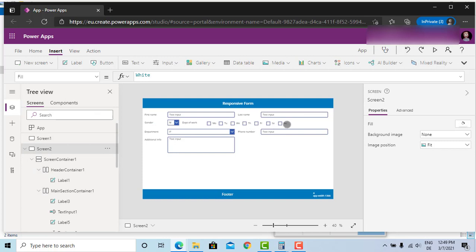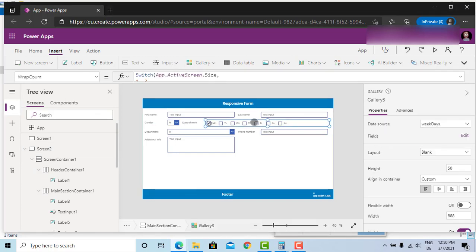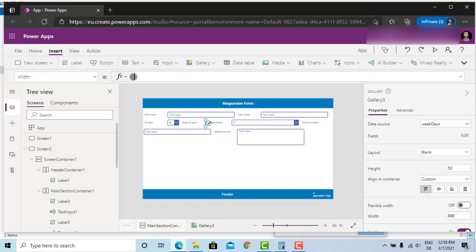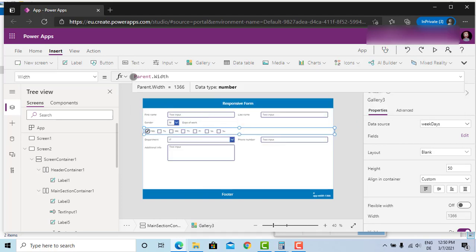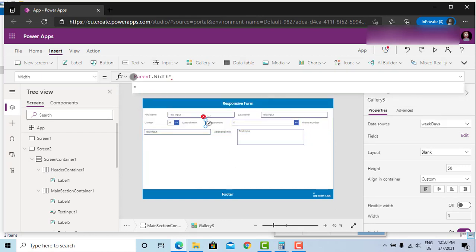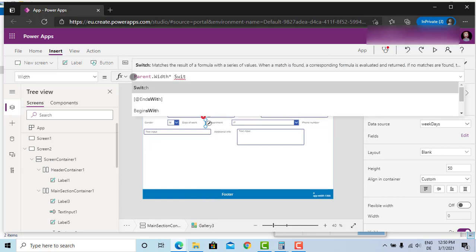So what else can we do? Then let's select again the gallery. Let's check the width of the gallery. Hard-coded, not the one we need. Let's remove it. And what is the next step? We go to parent, width again. Let's see how big is the parent. The big parent. Width, and let's check switch